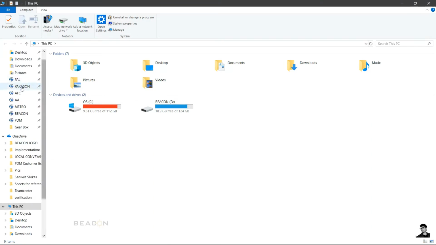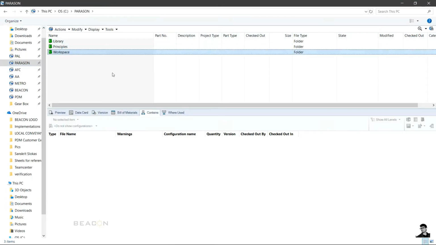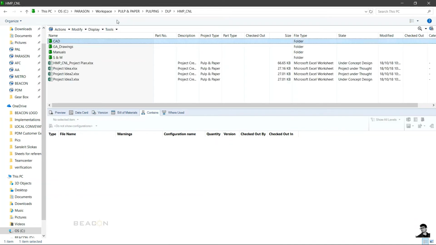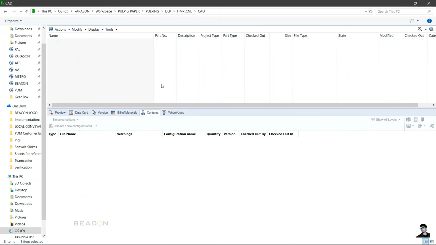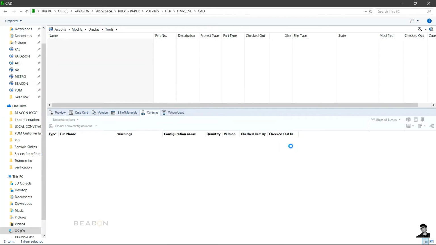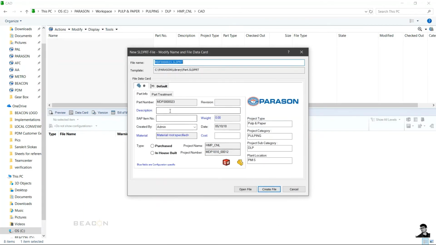So once I go to this Parason, I'll go to the workspace, pulp and paper, pulping, DLP, CAD. Now I want to create a concept. Right click, new, Solidworks part. In the same way, in your computers, you'll not only see Solidworks, you'll also see AutoCAD if you want to. I'll say new part. Part got created. Description, conceptual